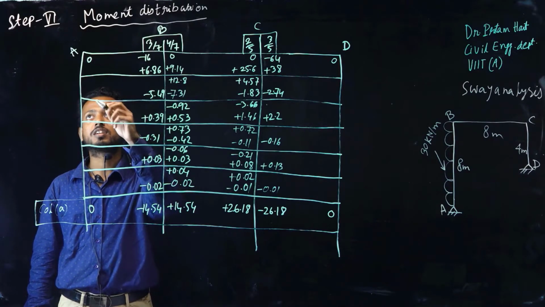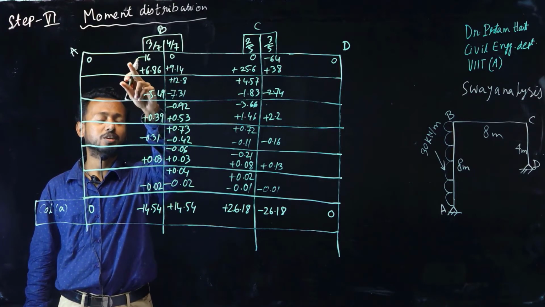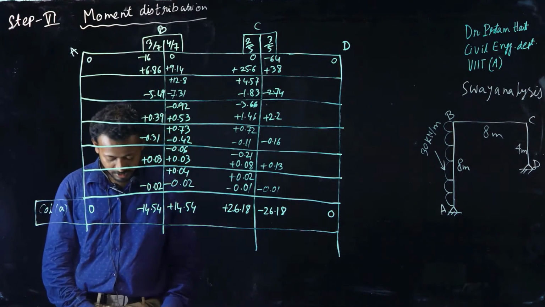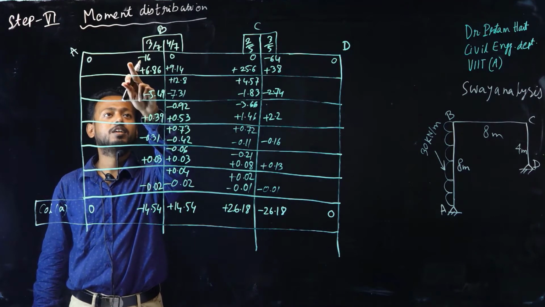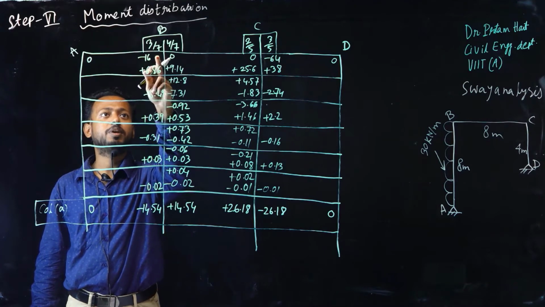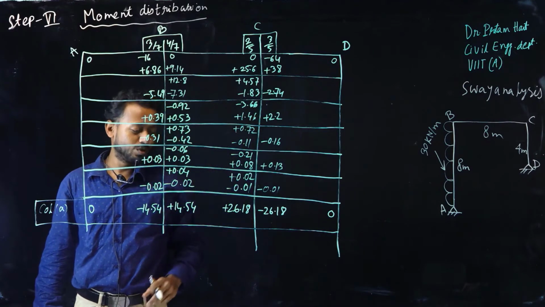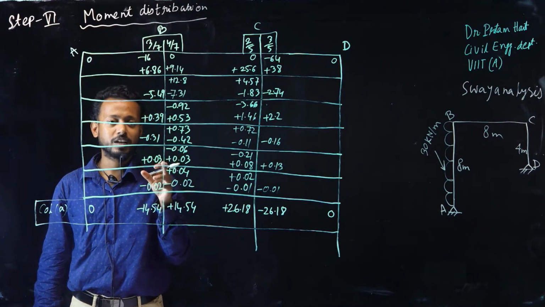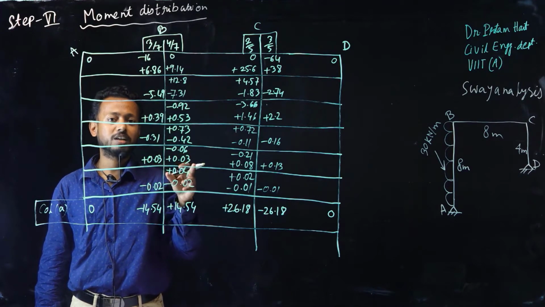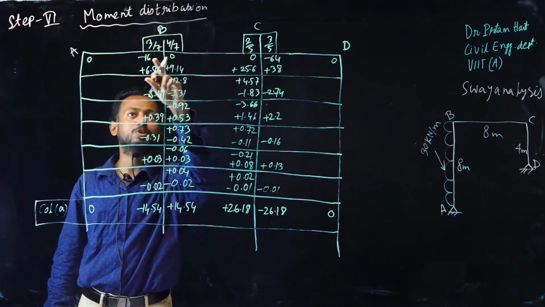So let's start step 6, moment distribution. The moment you have calculated from table 5, that is the moment you calculated in the previous step, step 5. This is BA was minus 16 and CD was minus 64. Okay. So while you calculated the ratio of column moments, moment AB and moment CD, you found minus 16 and minus 64.